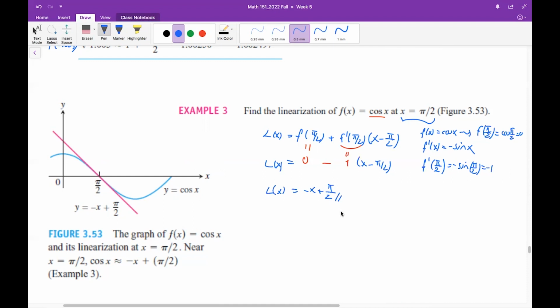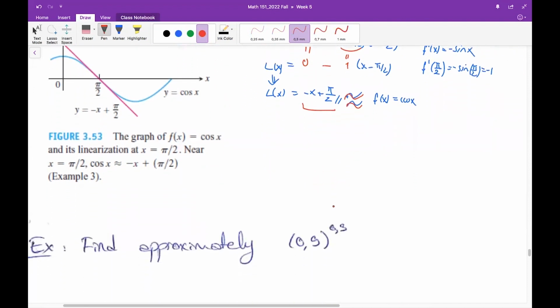And the crucial fact here is that you can use this linearization function to approximate the values of your original function. Cosine x function is almost the same as this linear function. Okay, let's move on